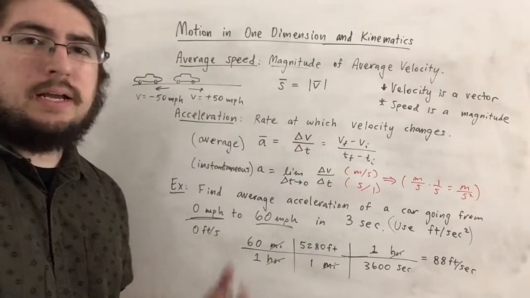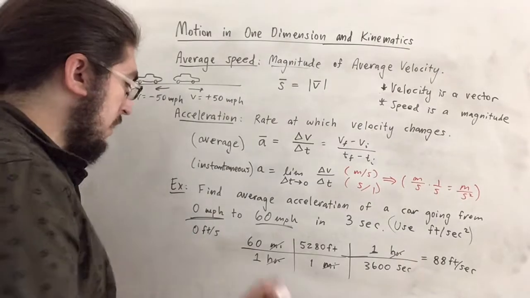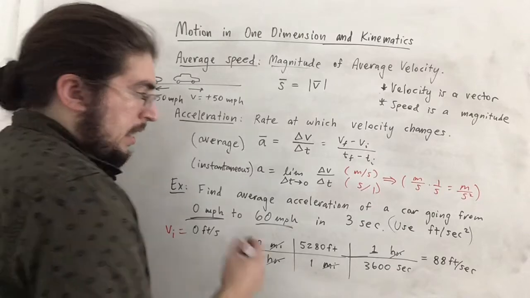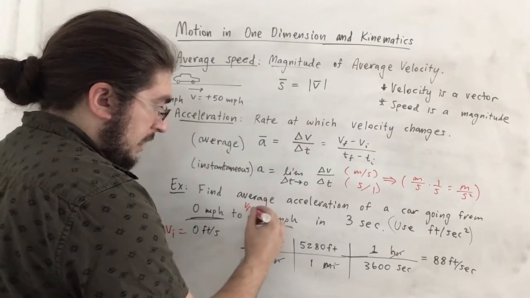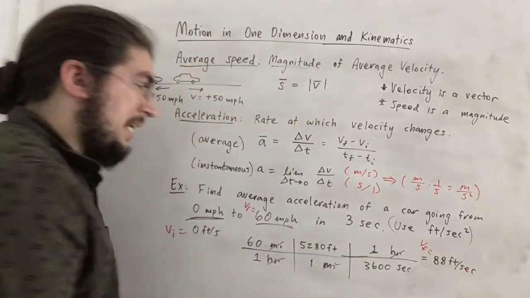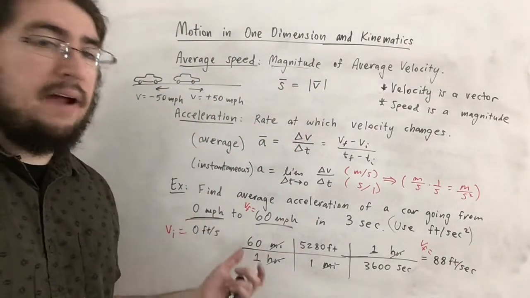I say speed because we're moving only in one direction here, but really it's velocity. So we have that our initial velocity is 0 feet per second, and our final velocity is 60 miles per hour, which in feet per second is 88 feet per second. So really what we want to do to find our average acceleration